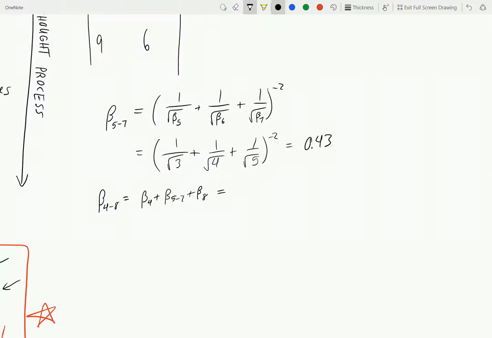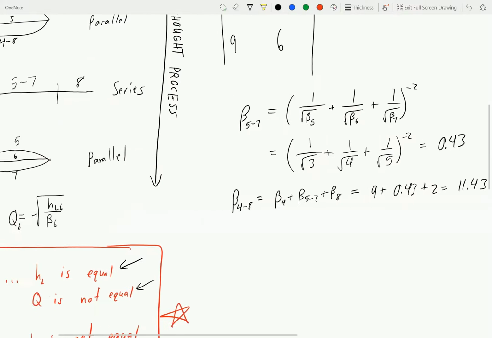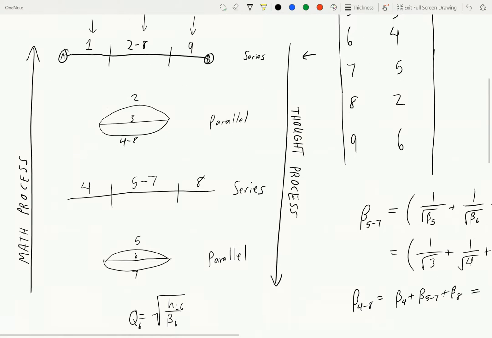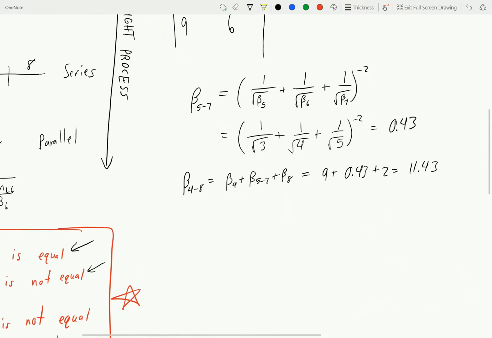So for beta 4 we have 9 plus our middle thing, which is 0.43, plus 2. So we get a value of 11.43, and that is beta 4 through 8. Next we have 2 through 8. So beta 2 through 8